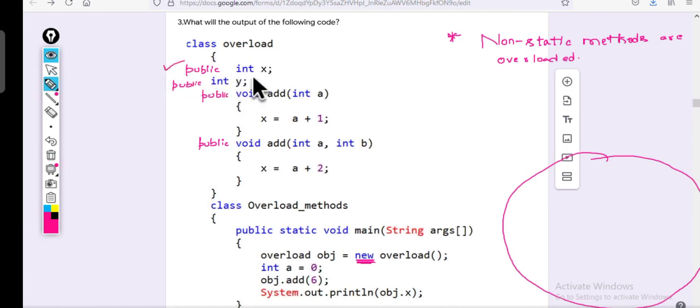Load x, value 0. Why 0? Default value. Y value also 0.